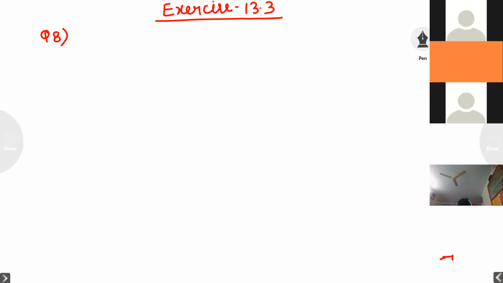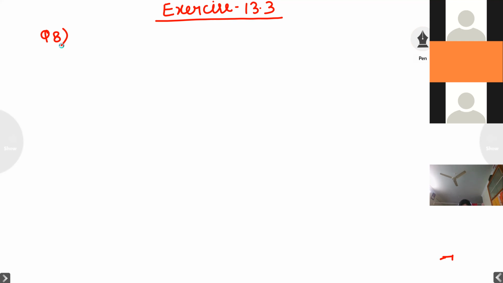You are observing, student, in this question, so many different units. The diameter he has given in centimeter, height he has given in meter. It means we have to be very careful about these units. After that, he has given the pi value, take 3.14, and the square root of 1.04 value is given, 1.02. It means each and every value he has given.